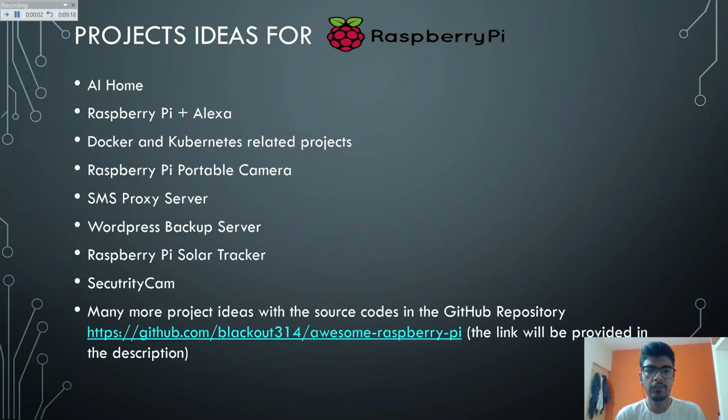Project ideas for Raspberry Pi. AI Home, Raspberry Pi with Alexa, Docker and Kubernetes related projects for DevOps, a Raspberry Pi portable camera, SMS proxy server, WordPress backup server, Raspberry Pi Solar Tracker, Security Cam,